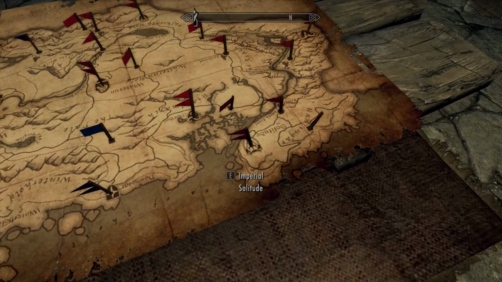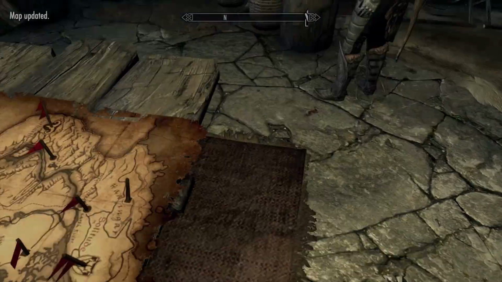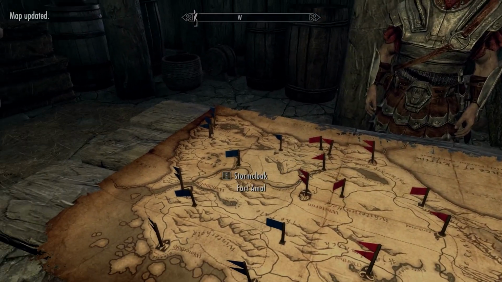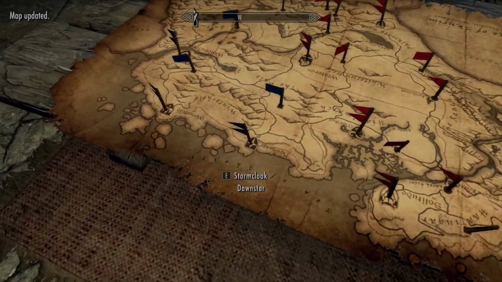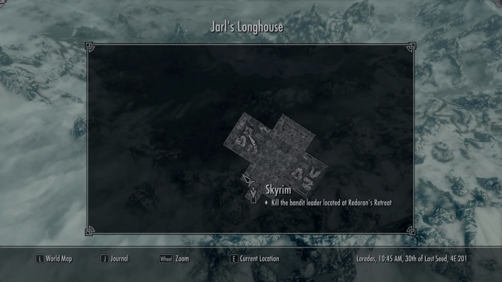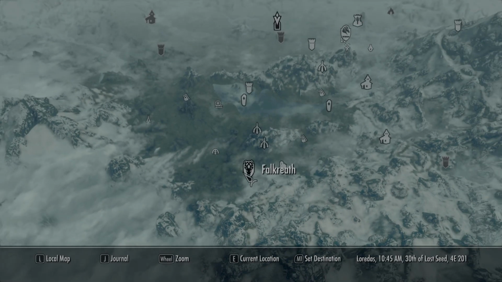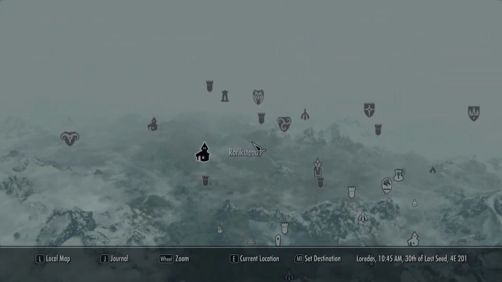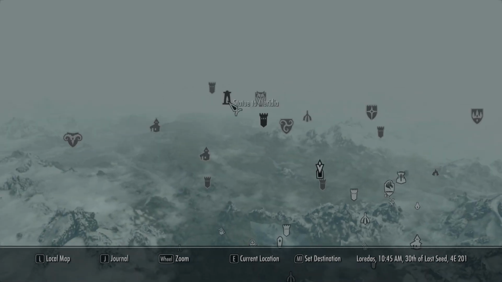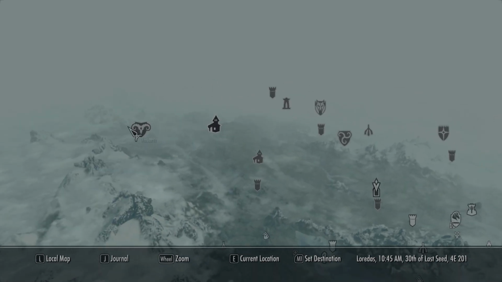Which is... That's Riften. It's up here. Solitude. Yay, updated. I'll just spam E in case there's anything I didn't know the location of. Here we go. It'll show you just about every location doing that. If I pop over to the world map, now we've got a bunch of locations that I haven't been to on our map. Just the forts and stuff like that. And major cities have always been there, but...